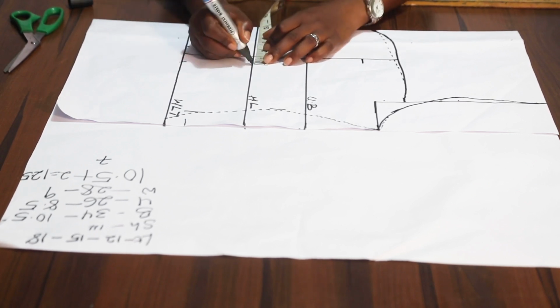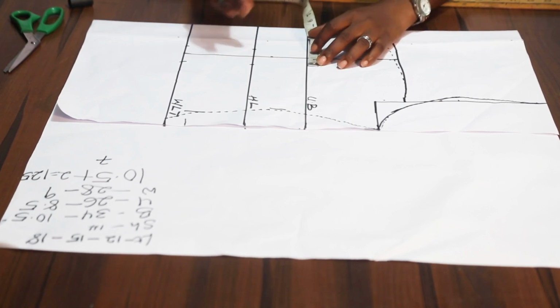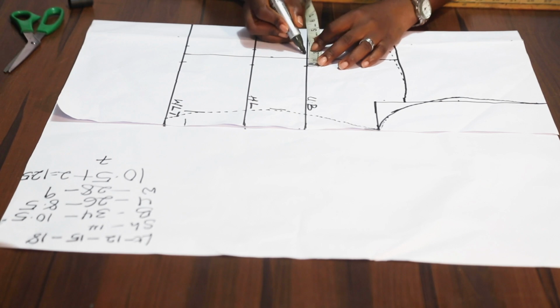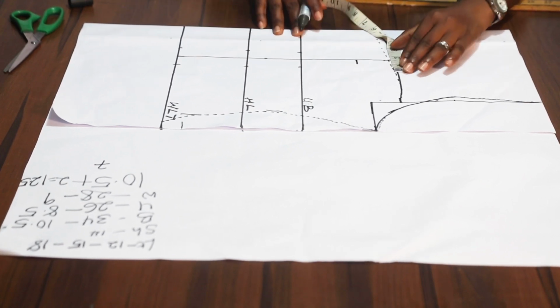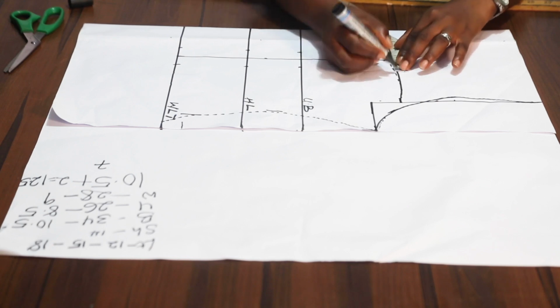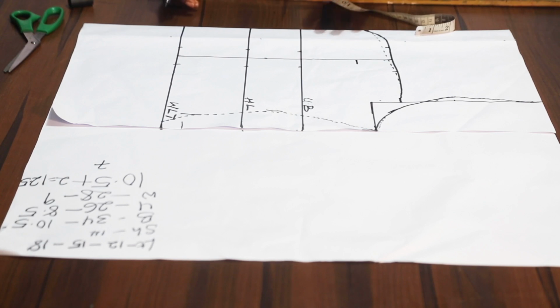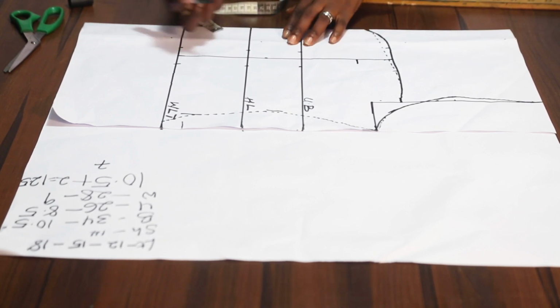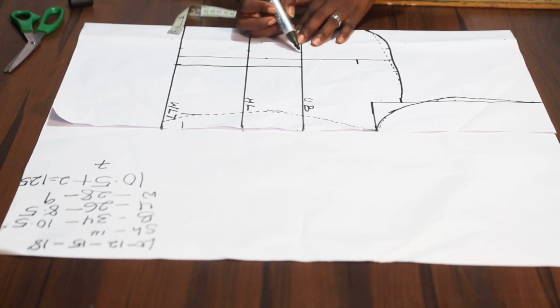That will continue till we get to the underbust measurements. While here at the top, it is going to be 1.5 inches to the left and also to the right hand side. Now, we are going to connect this, which is a straight line,